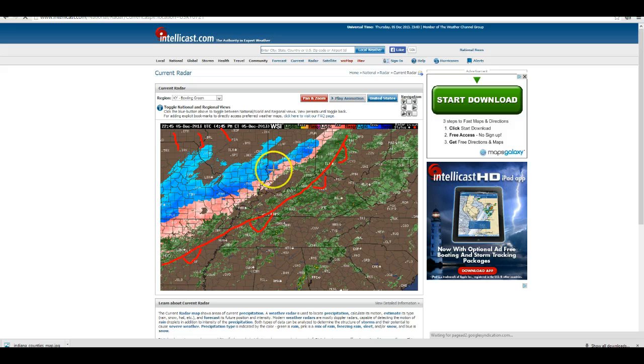Okay, you see it starting to change over to snow? Well, right in this area, we still have some warmer air trapped. It's what we call an overrunning situation, where this warmer air undercuts this cold front and gets trapped right up under here. So, as this is moving up this way,